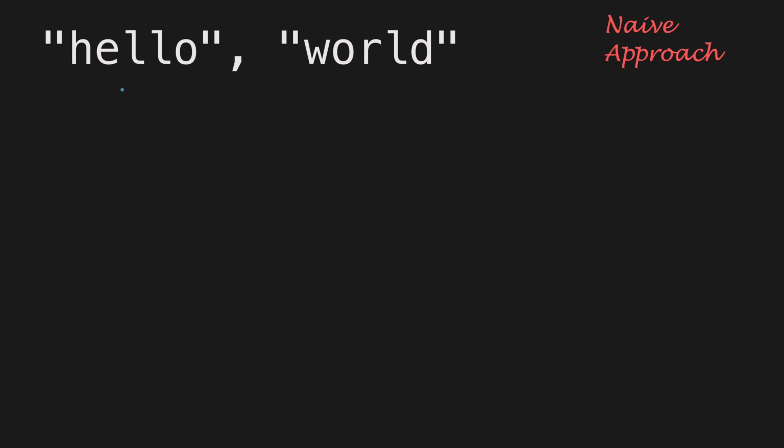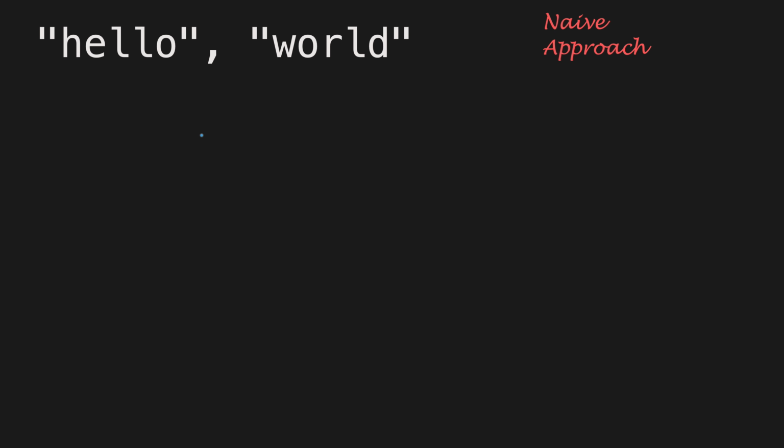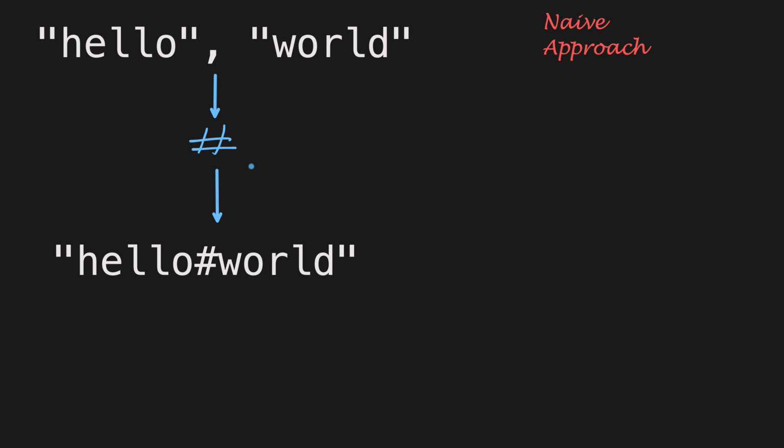Alright, let's start with the most straightforward idea that comes to mind, what we call the naive approach. A simple way to encode a list of strings, say these ones, would be to join them with a special character or a delimiter. So for example, let's pick a character that we think is unlikely to be in the strings, like a hash. So the strings hello and world would be encoded into the single string hello hash world. And to decode it, we can just split the string by hash,